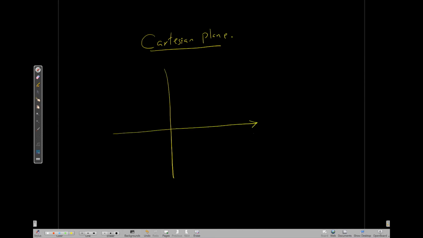Today we are going to talk about the Cartesian plane. Now this is the famous x and y axis. X-axis is the horizontal line, y-axis is the vertical line. Now this name, we also call this xy plane, or we also call it 2D plane because it's two-dimensional,